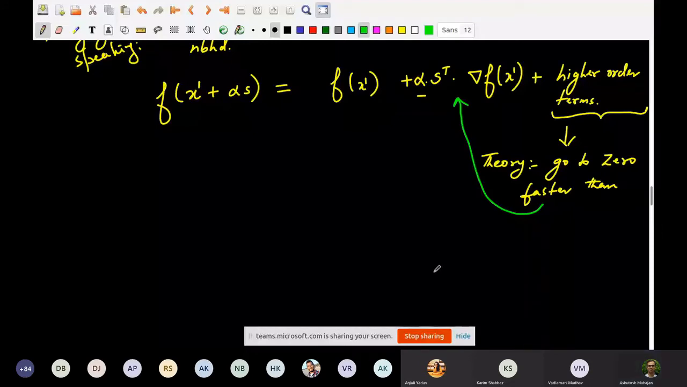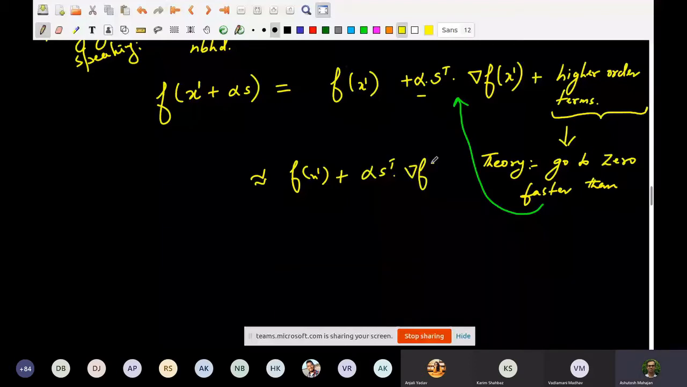So in a very tiny neighborhood of x1, we can just say that f(x) is nearly equal to f(x1) plus alpha s transpose. This we can say, but we can also say that